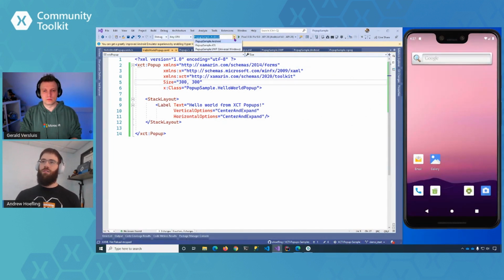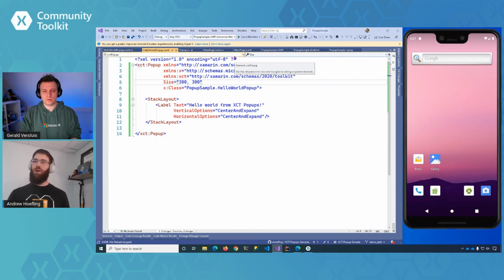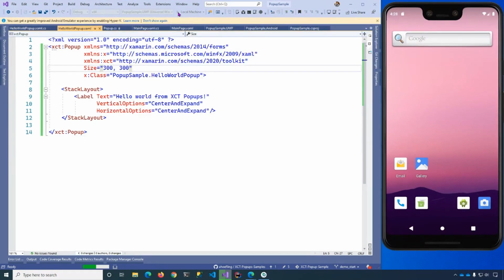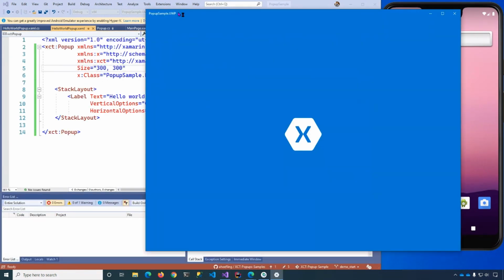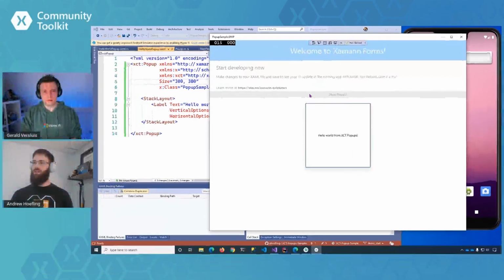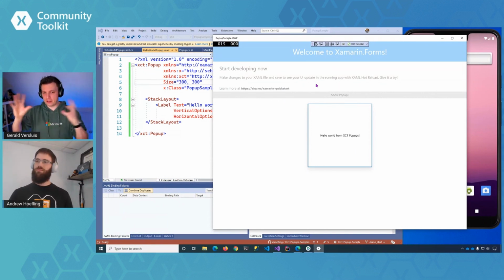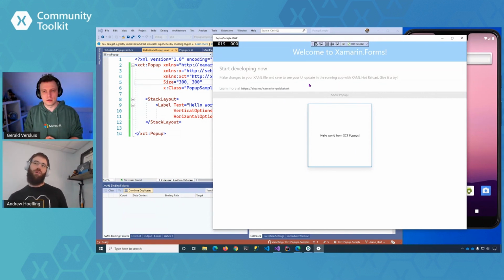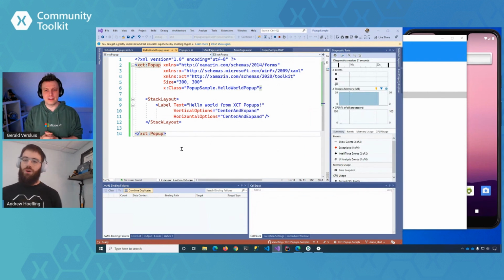But since I'm on Windows, I thought I would show UWP as well. So we just did all that stuff with pop-ups. If I set my target to x64 and we run it, we'll be able to have our UWP app launch and show the exact same pop-up. It's 100% native, just like we did with Android, but in this case, it's going to be using a UWP flyout control instead of an Android dialog. So I hit show pop-up, and we have our pop-up. Again with the same kind of dimming, exactly. However, I didn't have to write any of the code to do this dimming. Exactly. It just worked. I love that. Cool. Things that just work.